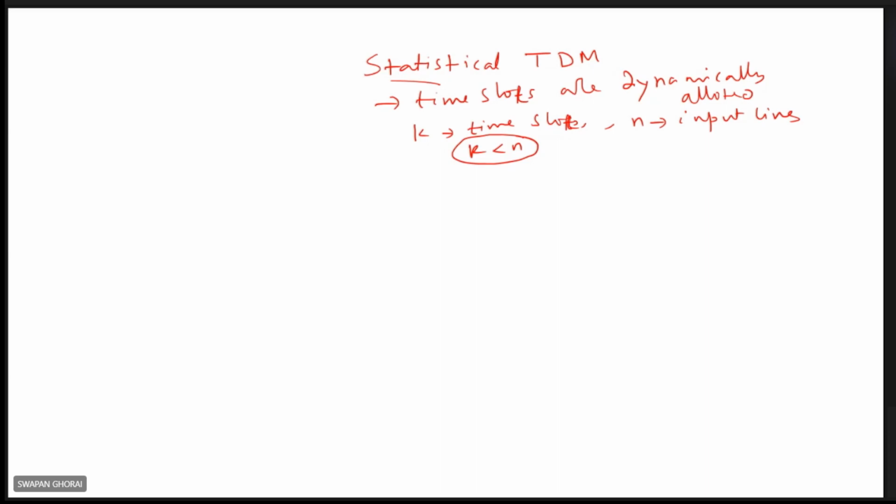So we can say, one thing you must keep in mind, in statistical TDMs it can support more devices than the synchronous TDMs, right? And also the data rate of the multiplexed line in this case is less than the total data rate of the attached devices. That's it. Now let us take an example, it will be more clear, comparing synchronous TDMs and statistical TDMs.